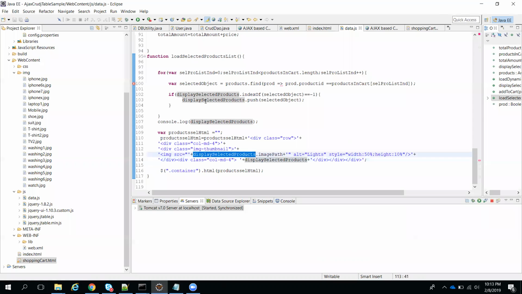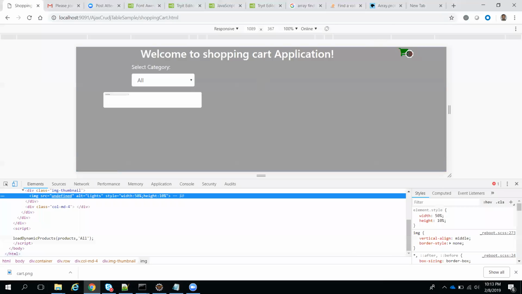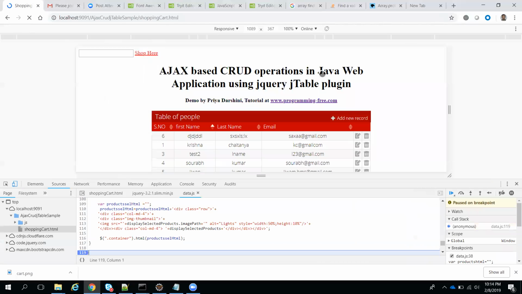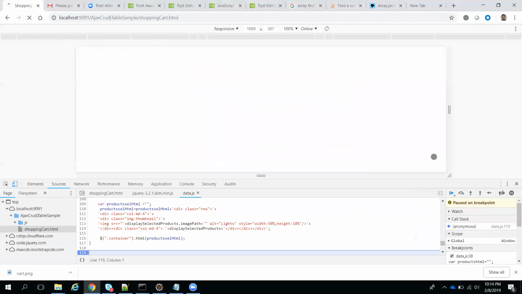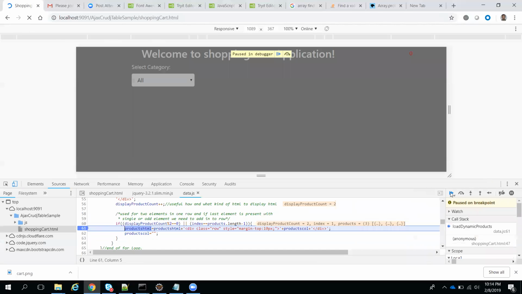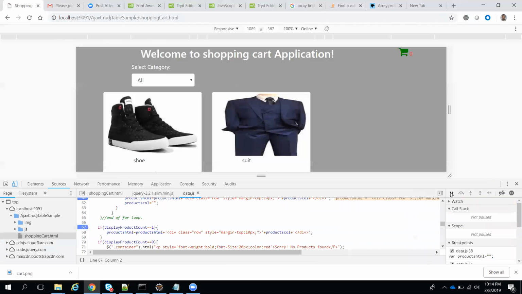display selected products. Okay, without selecting any product, we went there. See here, zero is there, right? Without selecting any product, we have to handle that condition also. When it is zero, you should not allow the user to click and redirect. That is also one important point. I just went there without adding any element in the cart. So that's why that issue happened. So most probably now it should work.